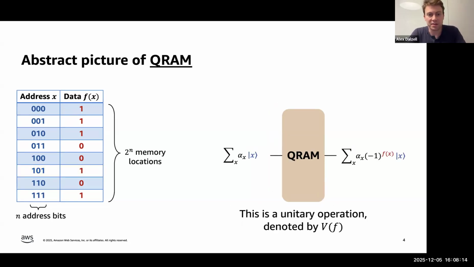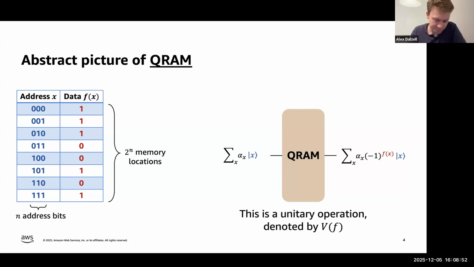So people have asked whether a similar assumption can hold for quantum random access memory. Where here we'll be studying the kind of most simple version of QRAM, where as with classical RAM, we're given a data set f of x, and we're given now, instead of a single address, a superposition of the n address bits. So we have a superposition over these 2 to the n possible address settings, and we wish to apply a phase -1 only on the computational basis states which have a 1